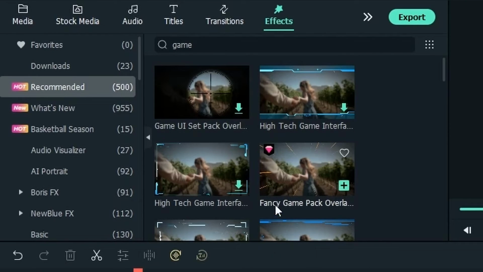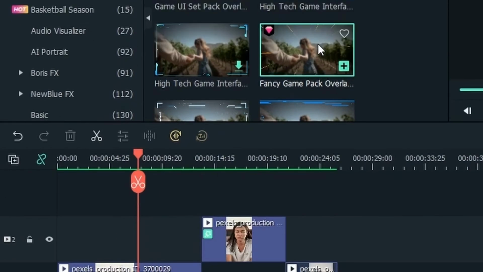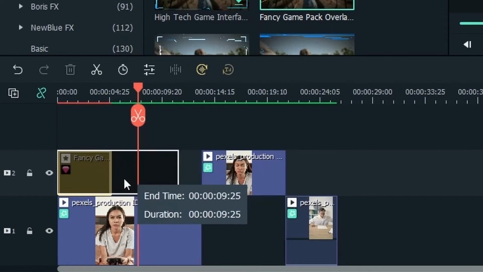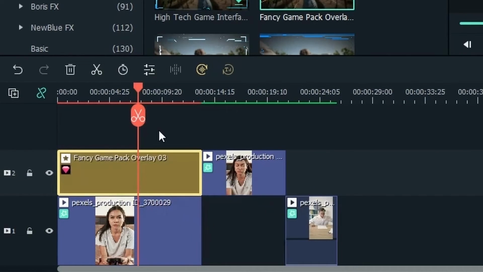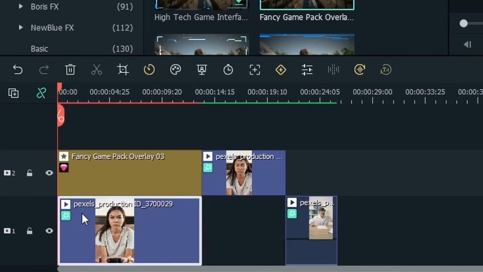I will use this one fancy game pack overlay, drag it right on top, just to make the video look more epic. We're going to use this. And at the same time, I'm going to slowly zoom in on this character. Go to the start of your video, double click,